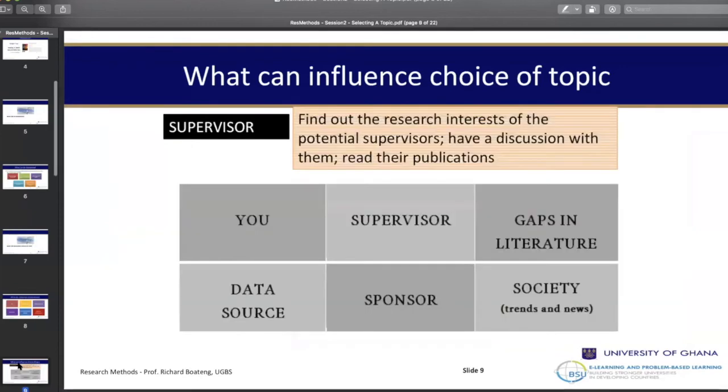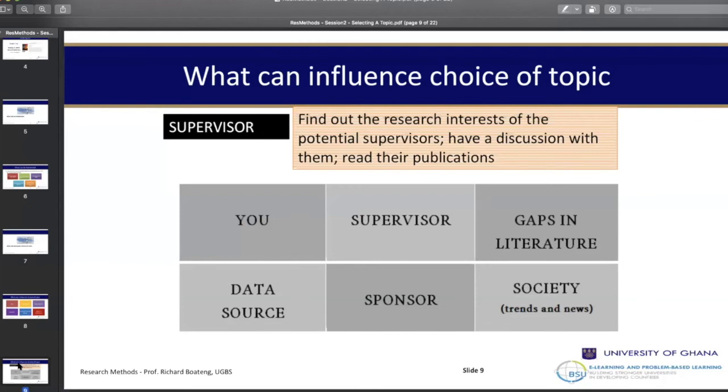The next thing is your supervisor. The supervisor is the one going to mark the long essay. So you have to have a very good relation with your supervisor. Like Habiba was asking, how can I select my supervisor? How is my supervisor assigned? It depends on the department. Some departments assign supervisors after you have submitted your topics or your titles to them. Then they look at what you have written and they assign them to you. Others just share the supervisors by equity. So they'll just share that there are 10 students, there are 5 lecturers, each person gets 2. Not any specific reason why you are assigned to the supervisor.